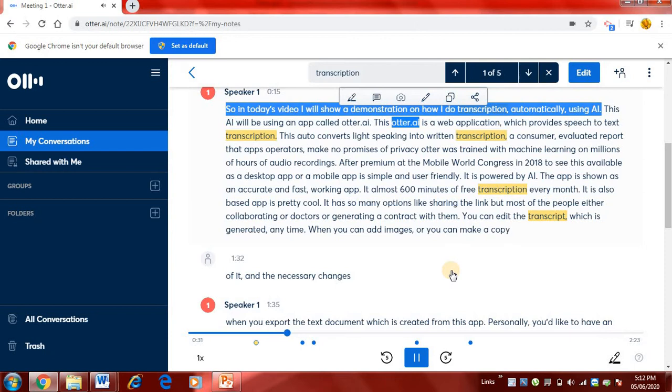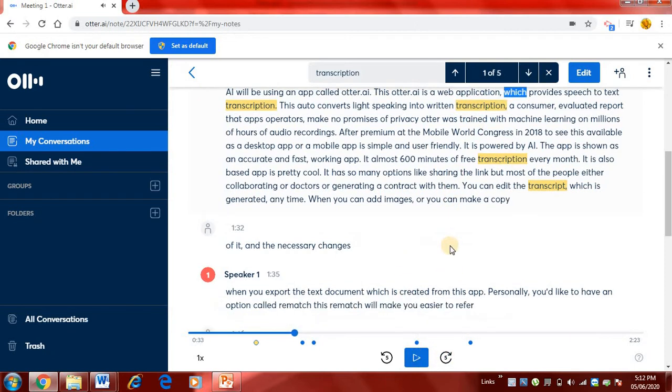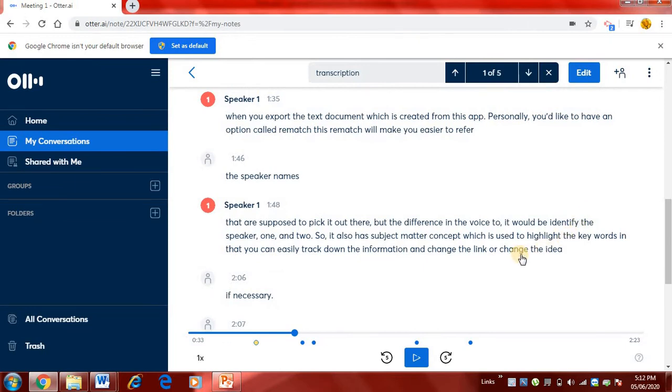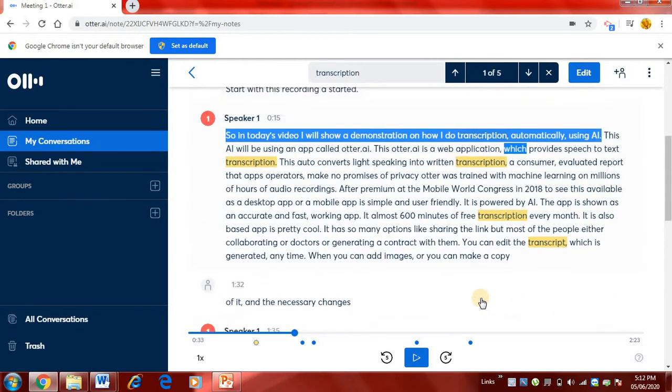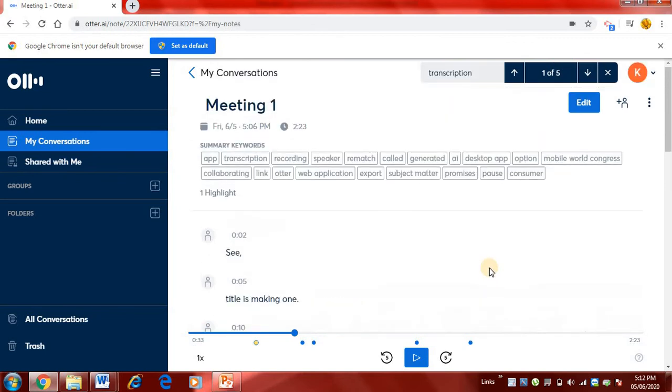This Otter.ai is a web application which, so like this you can easily track down the point if it is lengthier data, right? Then also you have certain highlighted points, since there is a feature of highlighting the terms. If it is very doubtful or very important, you can highlight it.